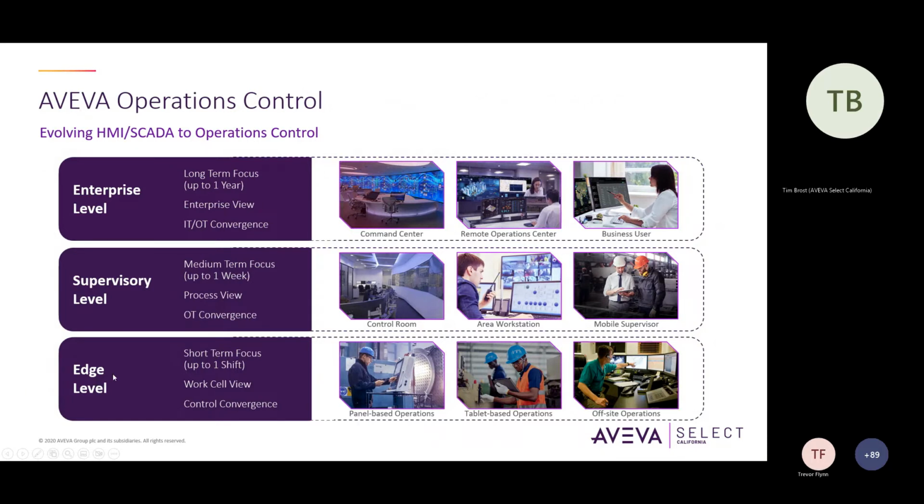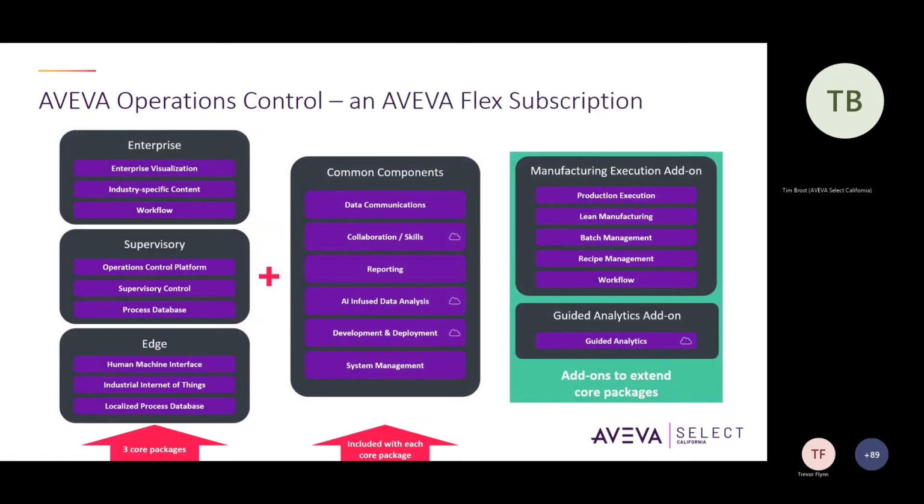So the edge level is usually what we see in the panel-based operations, for example, offsite operations. The control room is usually the supervisory level location or environment. This is also where we have mobile supervisors, and then the enterprise level is the command center or a ROC or a business center. So looking into those 3 different layers where the operations team operate, that resulted in the AVEVA Operations Control subscription